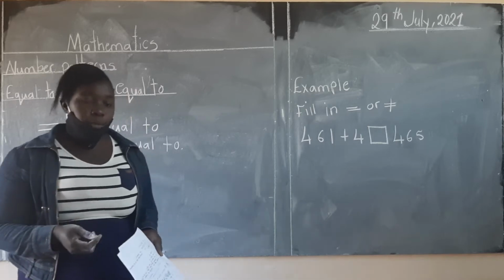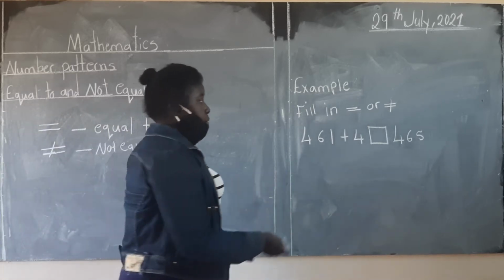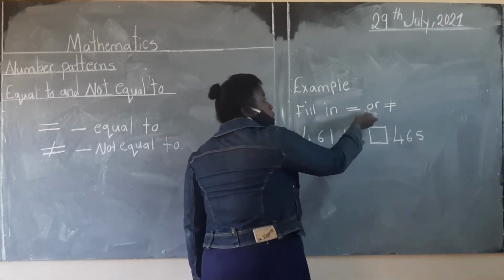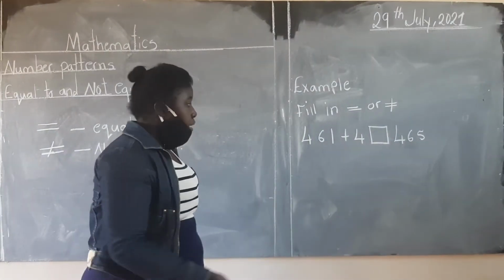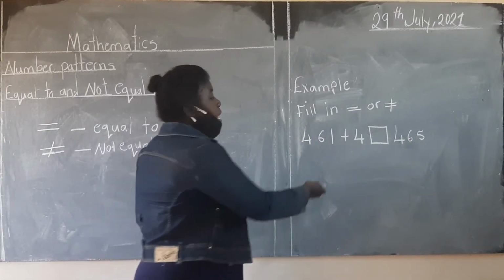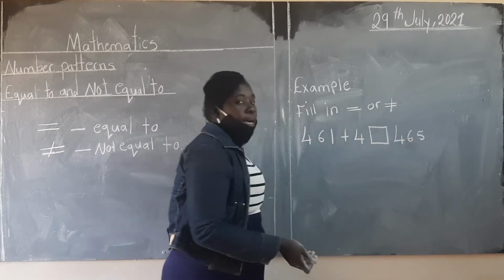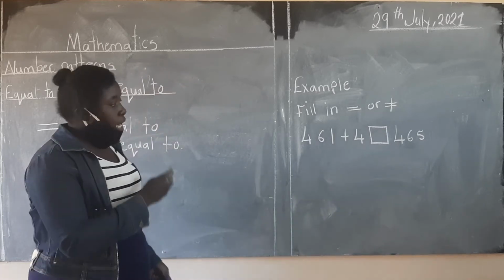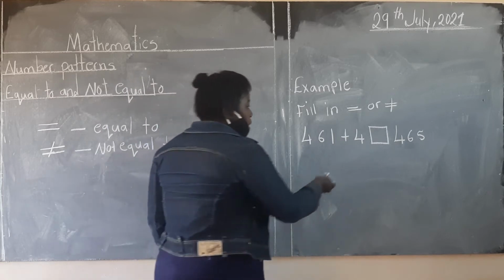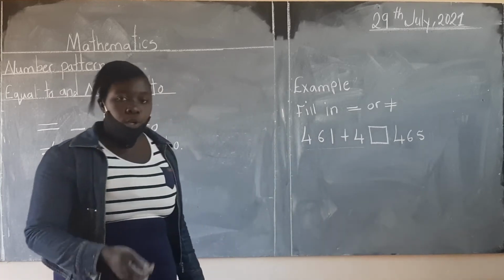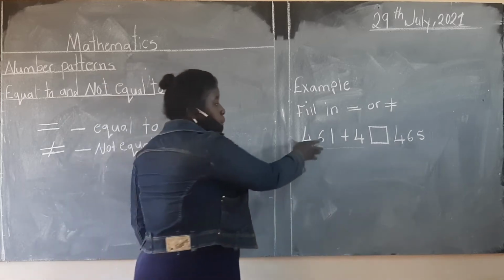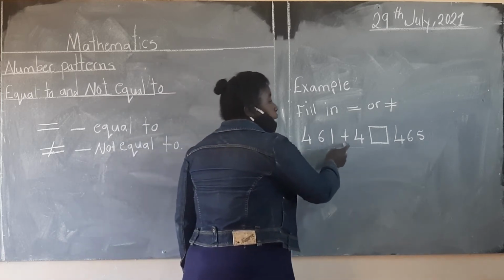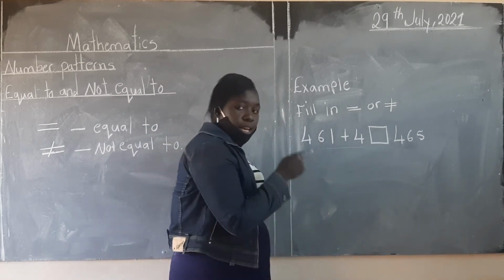Okay, so that's our first example there. We are saying fill in. Remember, we have already identified what these symbols mean. Fill in equal to or not equal to. In this case we want you to compare these numbers, whether this number here and that number are equal to or not equal to. The first number has more than one part. It has the first part as well as the second part. So it says 461 plus 4 box, and then the last one there we have